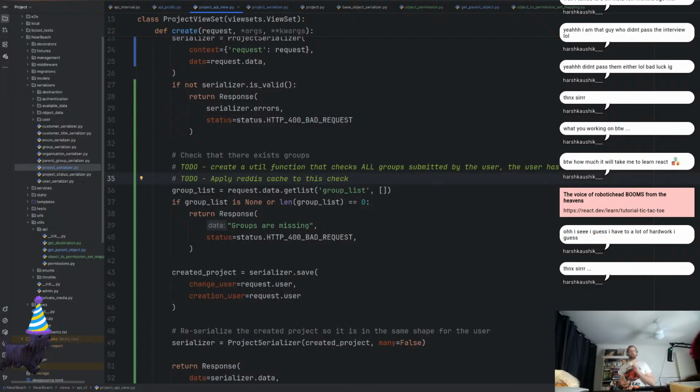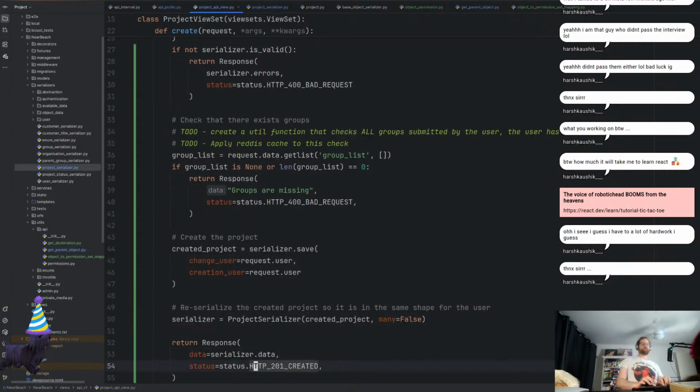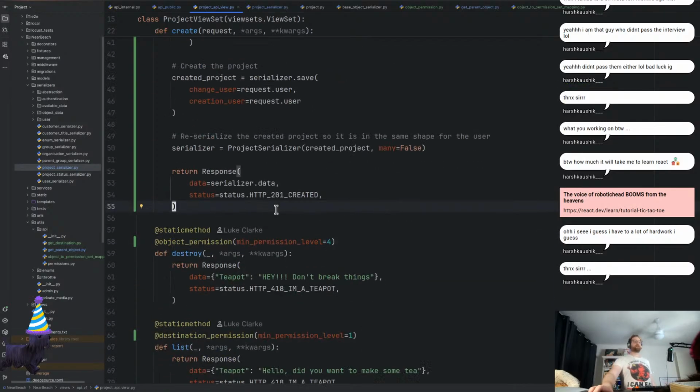All right, and then from here we create the project. So this will, yeah, it's doing that again. Create the project, and then reserialize the project so it's the same shape for the user. We've got the create project. We send it back to the user. And that's it. That's pretty easy. To destroy,